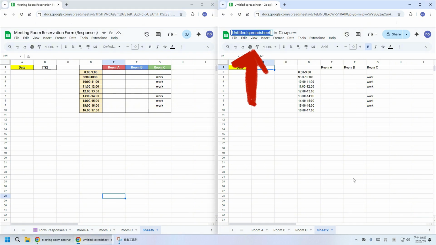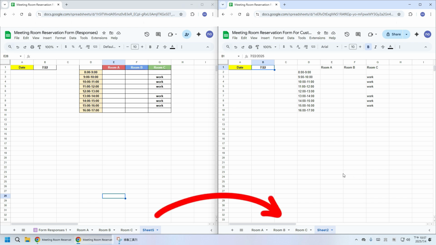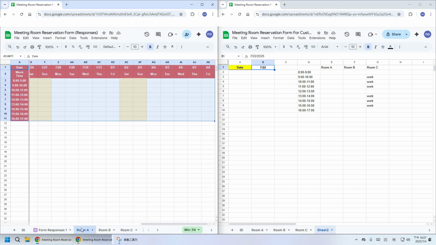let's give this file a name. And I'm going to use Format Painter to beautify these tables. So I have to copy these sheets to this file. You can hold down Shift and select these worksheets at once. And choose Copy to Existing Spreadsheet.